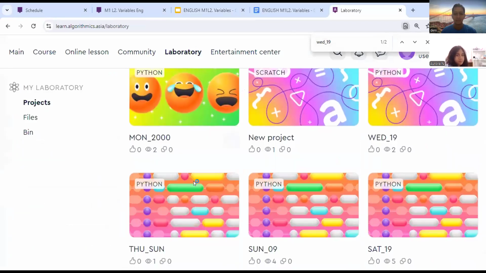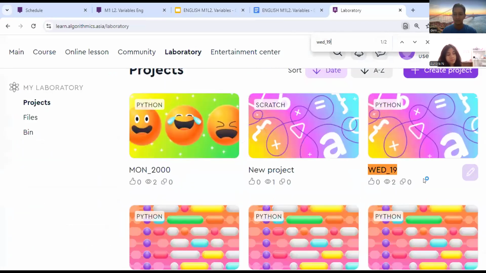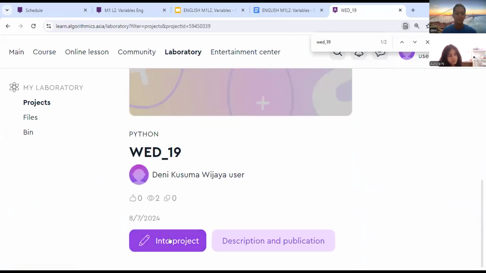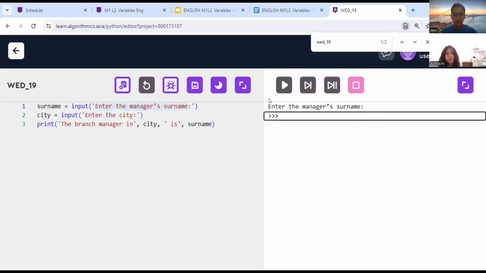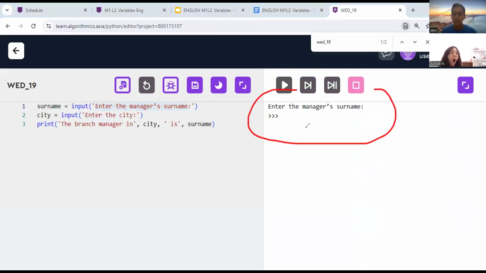This is the variable name, then this one is the input function, and this sentence is for the hint. If I run this code, it will display like input data. So you can input the data here.